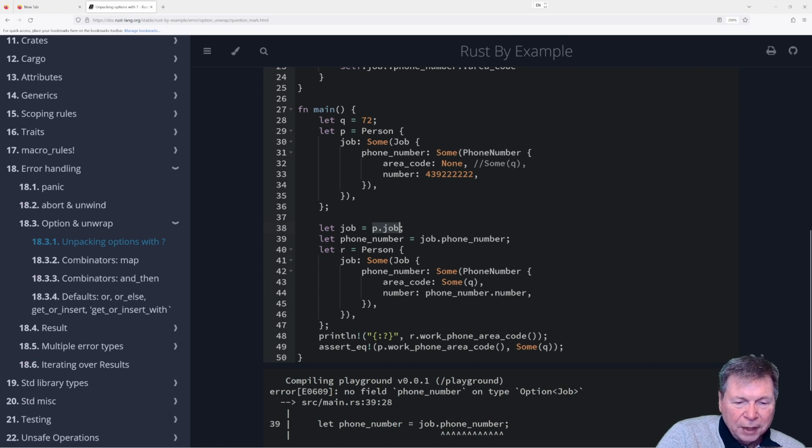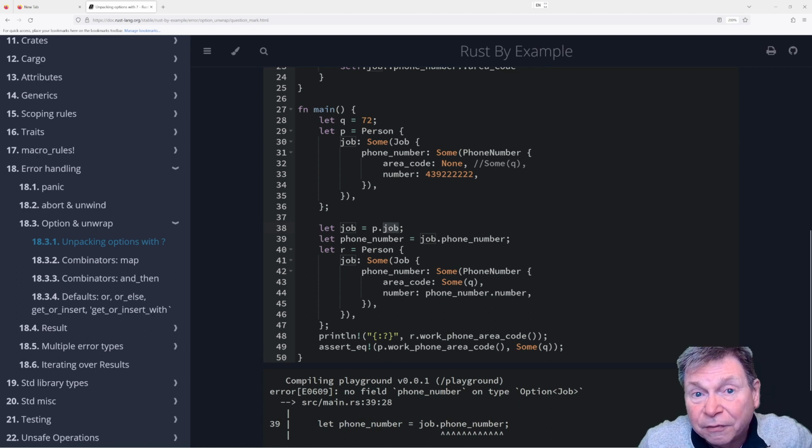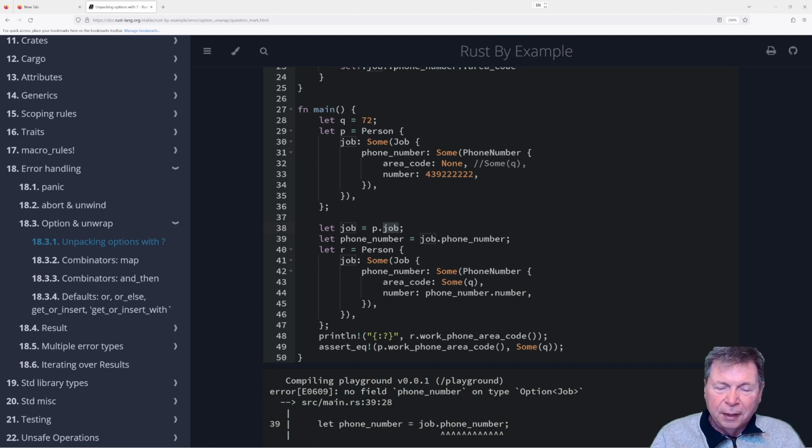That's going to get really wordy here, because I want to do that for this level to get job, and because let's say job has lots of fields in it, right? And we want to copy most of the fields over, but we want to replace one of them, like phone area code. So we want to extract the job object, right, from some none, and then we want to extract the phone number object, and then we want to extract the area code object, compare it with something.